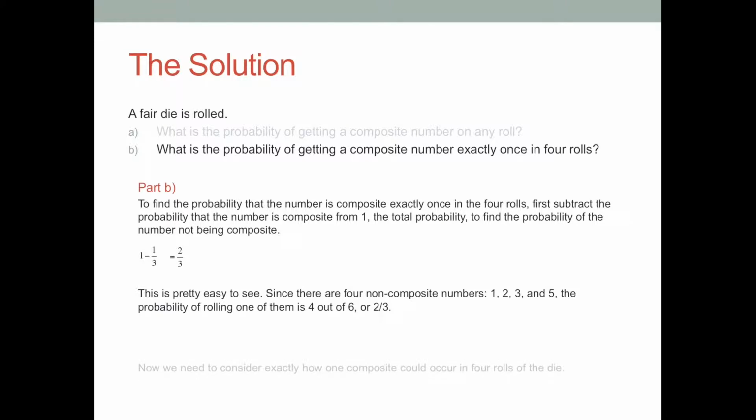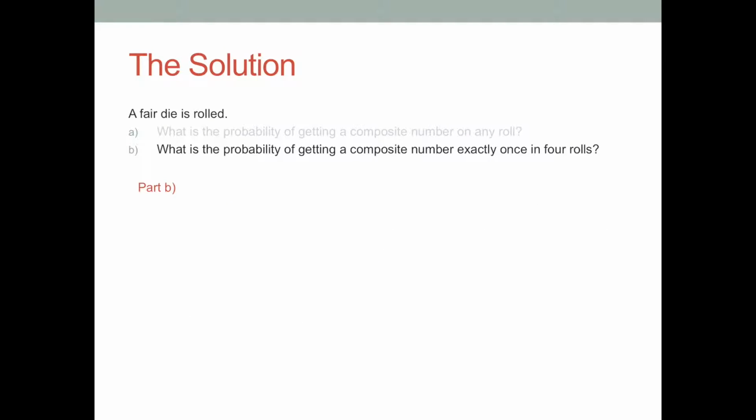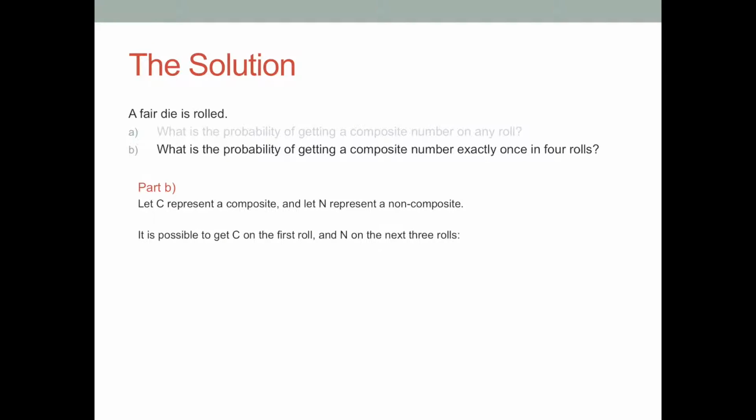Now we need to consider exactly how one composite could occur in 4 rolls of the die. Let C represent a composite, and let N represent a non-composite. It is possible to get C on the first roll and N on the next 3 rolls. The probability of this event is the product of the probabilities of each of the individual rolls, or 1/3 times 2/3 times 2/3 times 2/3, which is 1/3 to the first times 2/3 to the third,